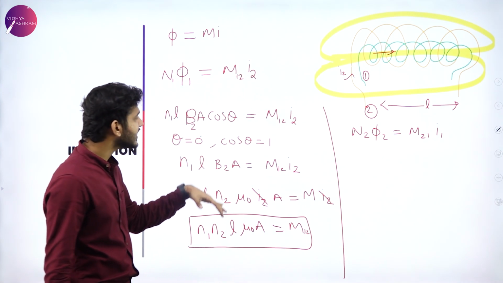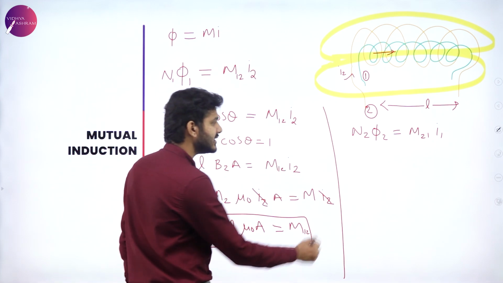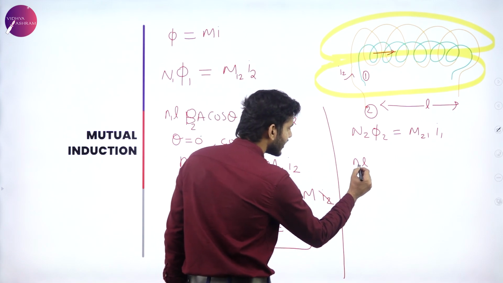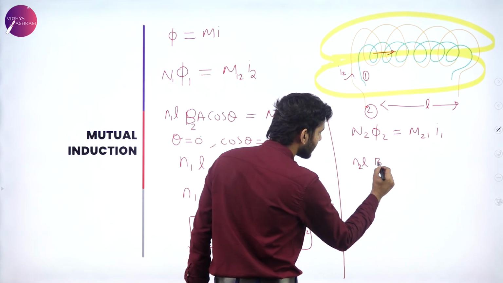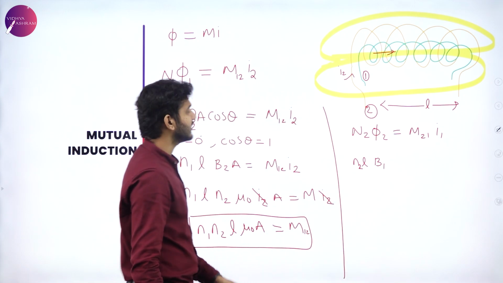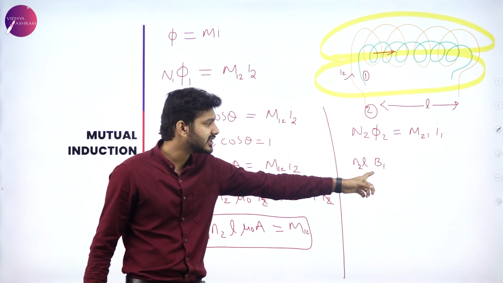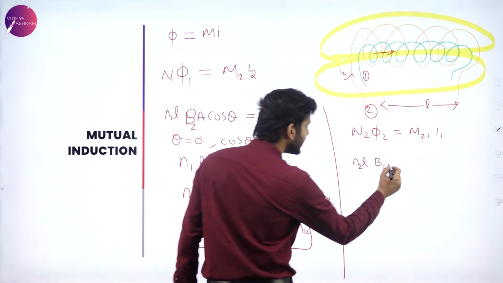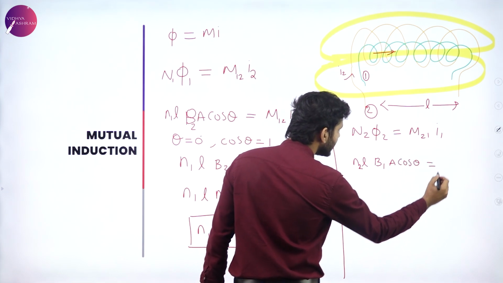Now the same things, we are just expanding that. N is written as N into L. So N2 into L. Phi is written down as B1. Here it was because of the secondary coil's magnetic field strength, and here it is because of the primary coil's magnetic field strength. So B1 into A into cos theta will be equal to